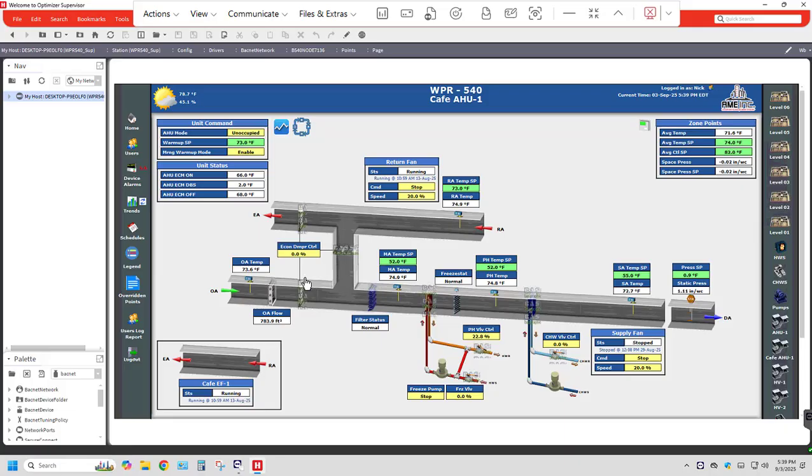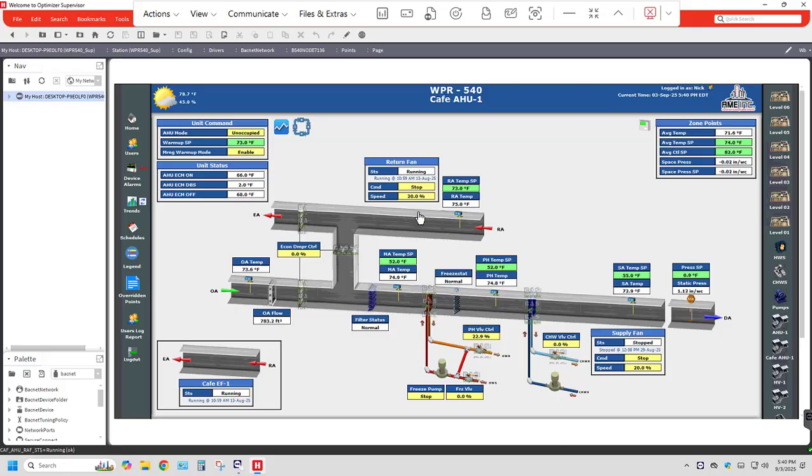So after 20 minutes all the system will be closed. Okay, the warming up set point is 73. I selected that when the temperature outside is reaching 73 Fahrenheit, this AHU will start. Okay,